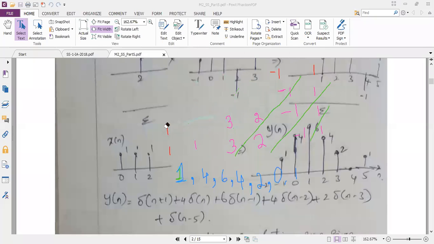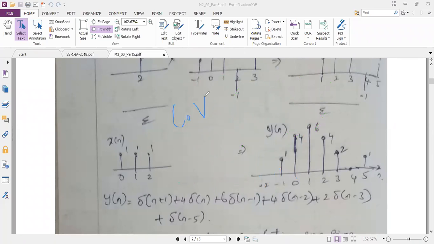So now I hope all of you understood this problem. We have solved 3 problems from yesterday. The first problem we have solved in both the methods, and the second problem and the third problem, today's problem, we have solved only in method 2. If you want to try in method 1, you can try it at home. And listen, one more thing: the cross verification you can do only when inputs are finite. If inputs are infinite, our cross verification method is not applicable.